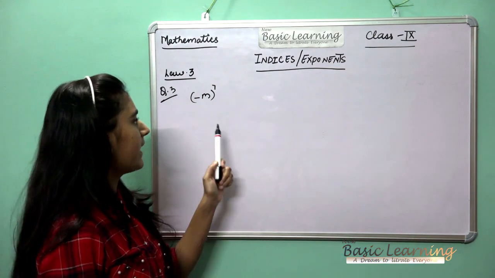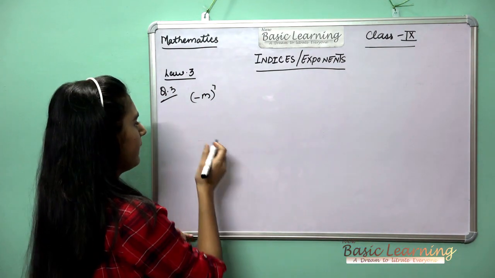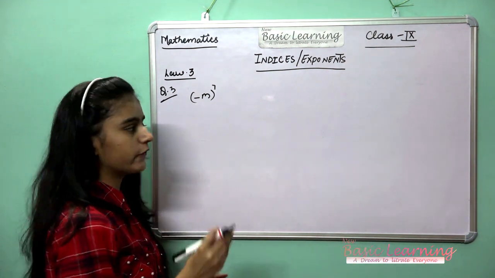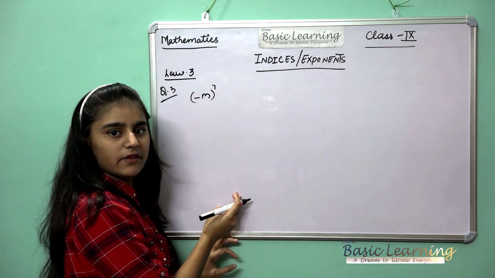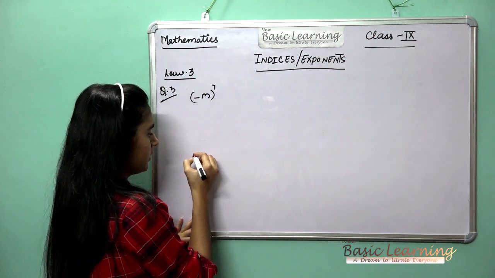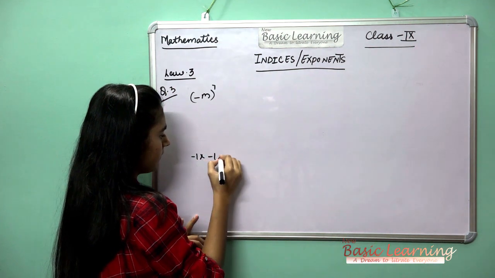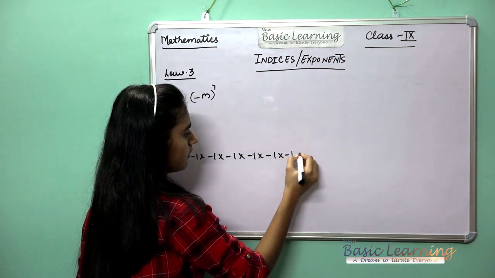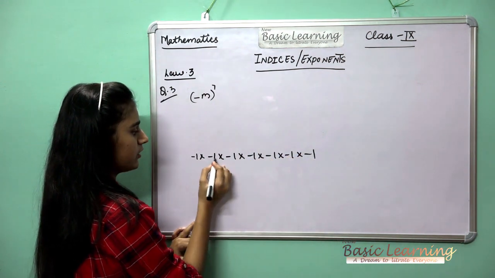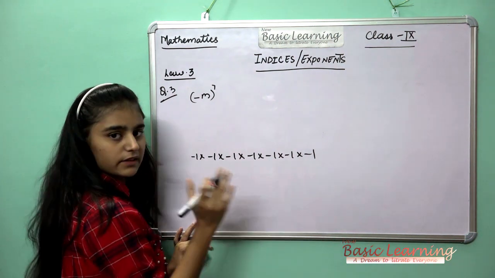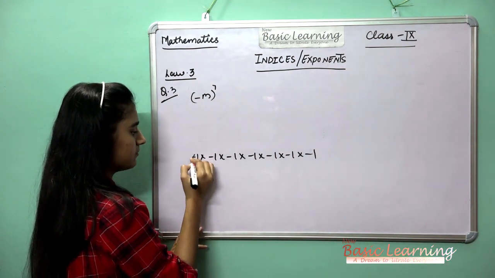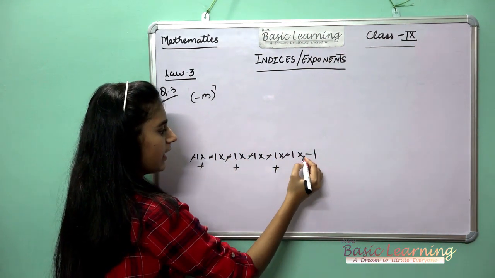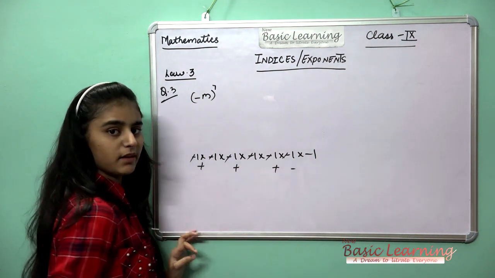Now the third question is minus m to the power 7. You all know when we write minus 1 seven times, it will be minus only. If you write it 6 times, it will be plus, and 7 times it will give minus. Let me show you: minus 1 into minus 1, 1, 2, 3, 4, 5, 6, 7. Seven times we have written minus 1. Now cancel this: minus minus plus, minus minus plus, minus minus plus, and minus is left. So it will be minus only.